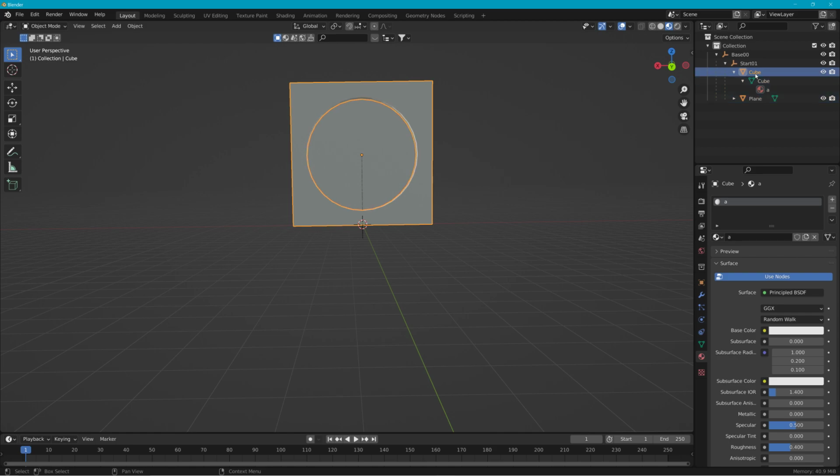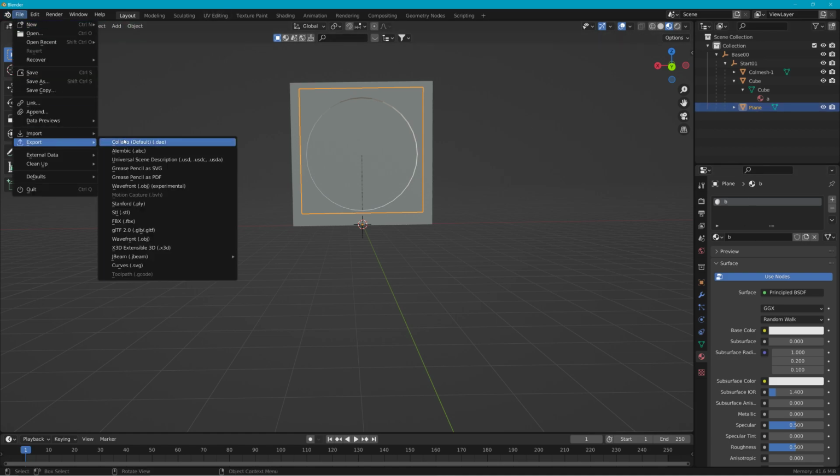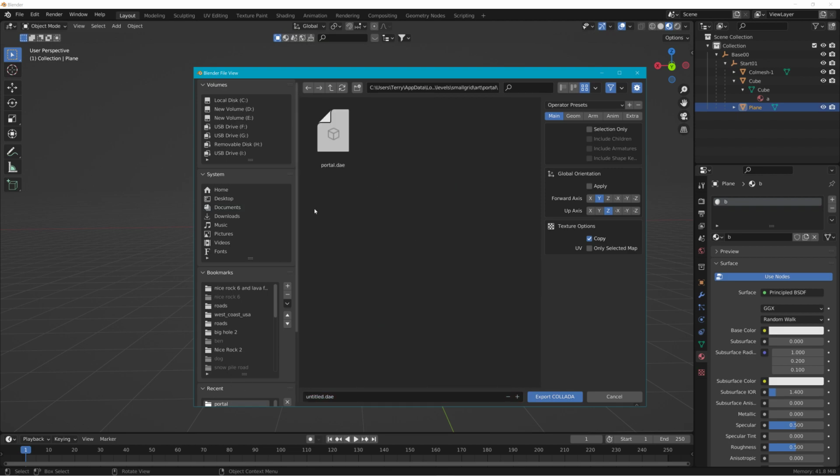Now I'm just going to duplicate the cube here, the cube itself, and this I'll make the collision mesh. Alright, let us now export the updated DAE into there, and